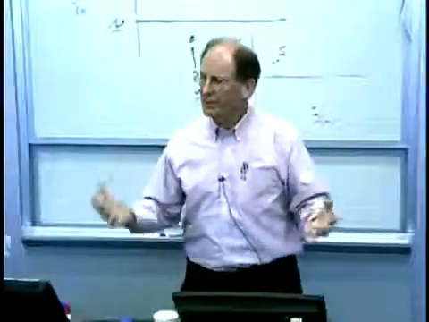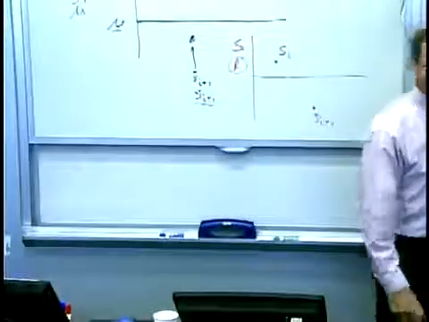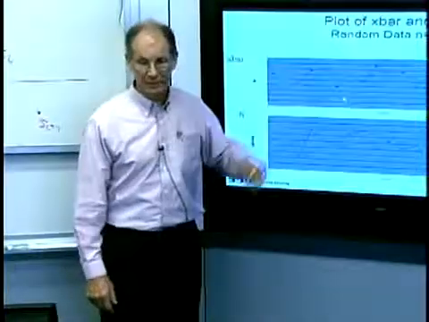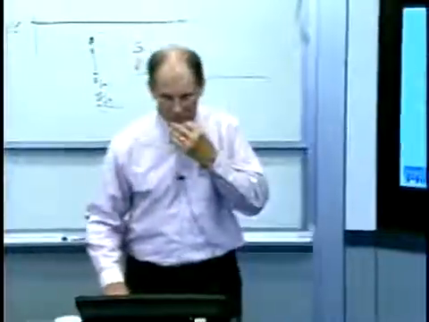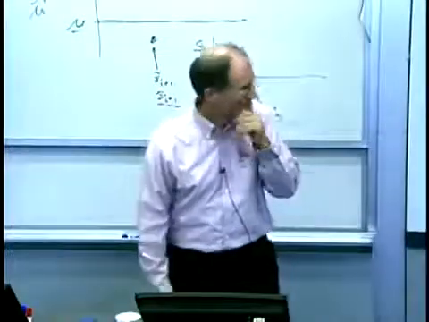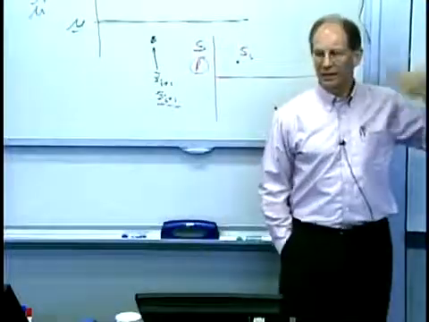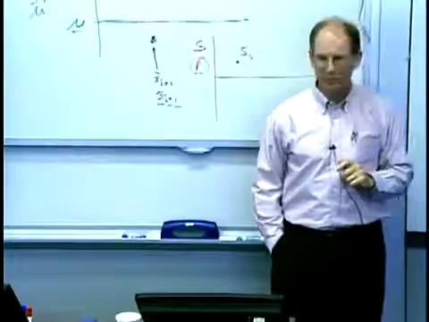Once I say that, then I know what to expect, right? Now I can put some lines on this chart and say, this is where the data should fall if everything's in a state of control. So this whole idea of setting chart limits is extremely important and often abused and misused.